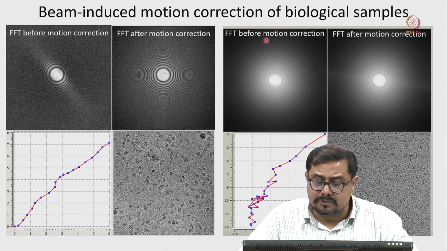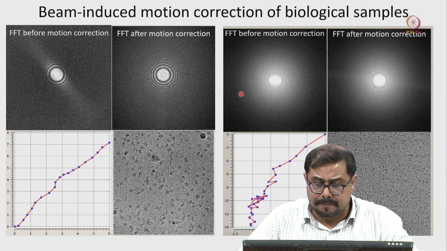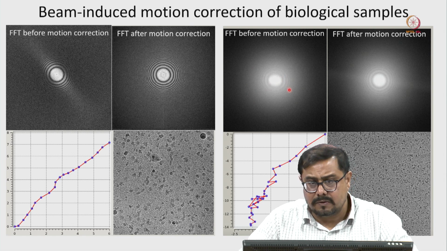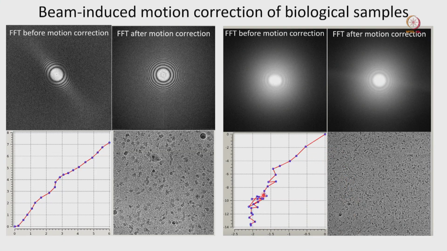There is another image, and you can see that the FFT or power spectrum is completely distorted. In one particular angle you can see there is a problem, so signals are missing, and this is again the motion between those two images, how the frames are moving in different directions. There is no particular pattern it will follow all the time when there is a motion. So it may be a different pattern.